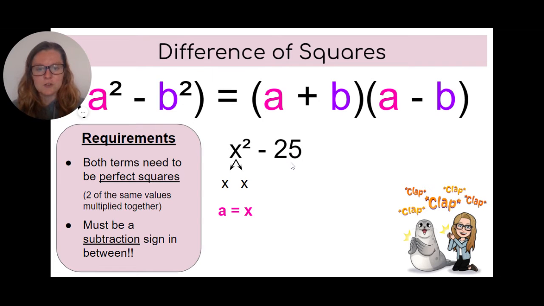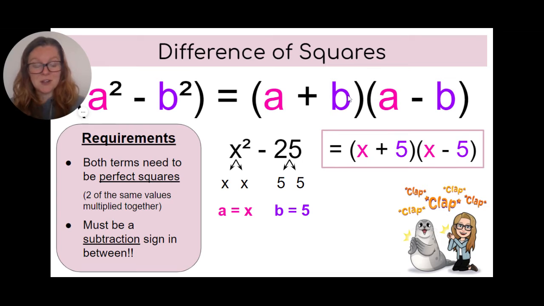And I'm going to do the same thing for 25. Notice that this negative here is from our formula. Don't worry about the negative, just worry about the 25. Again, what times what would give me 25? 5 times 5 would. It is a perfect square, so my b value is 5. Now that I have this formula, all I'm going to do is plug in x for a and 5 for b, and I have my answer. Y'all, that is it. That is as simple as it gets. You can always check your answer. If you multiply these two together, you should get x squared minus 25. So that's kind of nice. You can always check your answer.